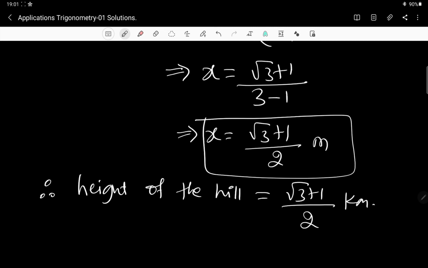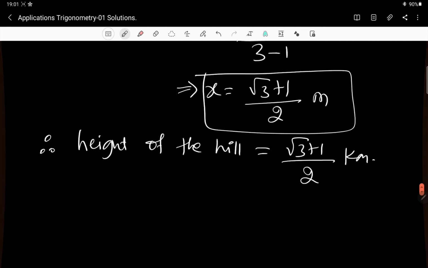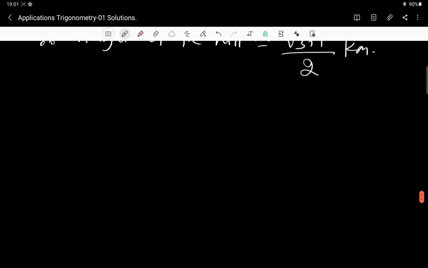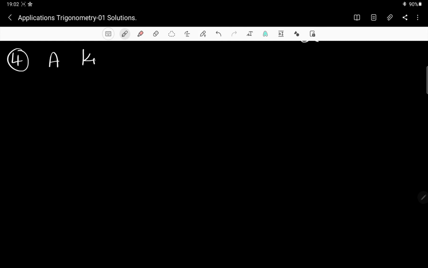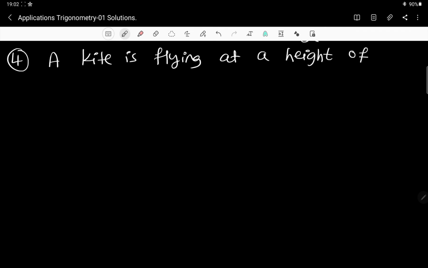I hope this question is quite clear to you. All right, now let us look into one more question, the fourth question. Let us look at this. A kite is flying at a height of 80 root 3 meter. I mean, a kite is there and it is flying at a height of 80 root 3 meter. The string of the kite